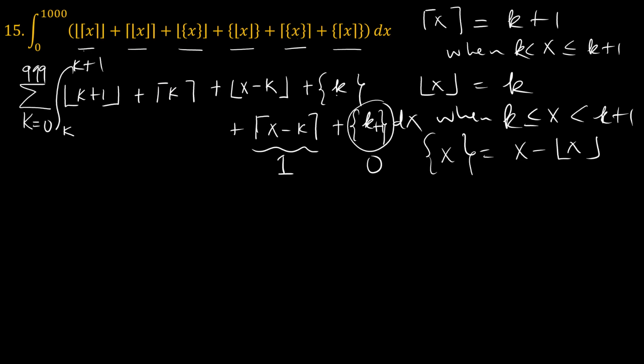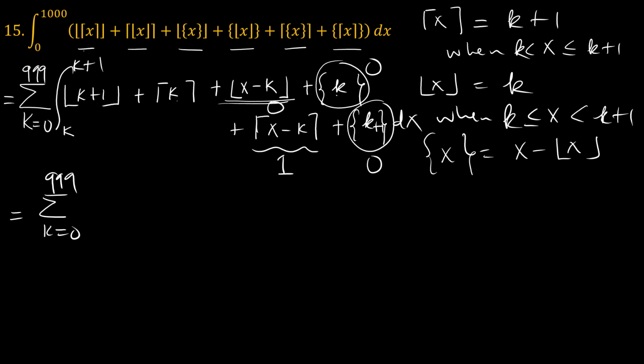So the fractional part of an integer will be 0, and the floor of the fractional part, since this lies between 0 and less than 1, becomes 0. These are all integers. So in other words, our problem becomes